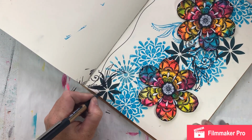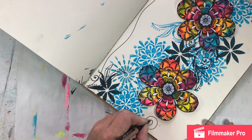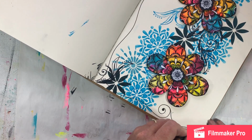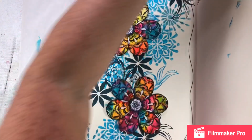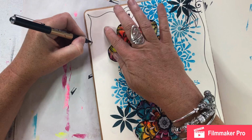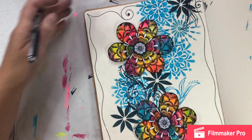So again, I'm going to come in from there. I'm going to start going across. And I think I'm going to put in a swirl there, and then come off of that into the corner. And it's little details, so it'll be little details that you do that make a difference to your finished project. So then I'm going to come off of this side and do the same thing. So I'm going to give myself, I'm just giving myself this border. Okay,